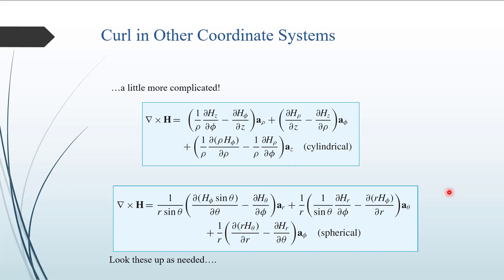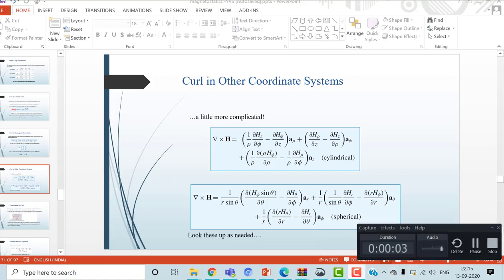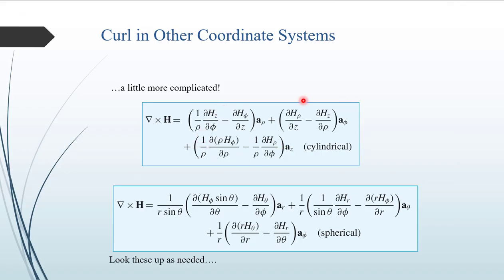Similar to that, this expression is for the spherical system. R sin theta is common here. So for solving any example here, we have to first multiply r to H phi, then take its partial derivative with respect to r, then again multiply it by 1 upon r, and then apply this minus sign and the second part, and then apply az cap. So this much long procedure is there to find out del cross